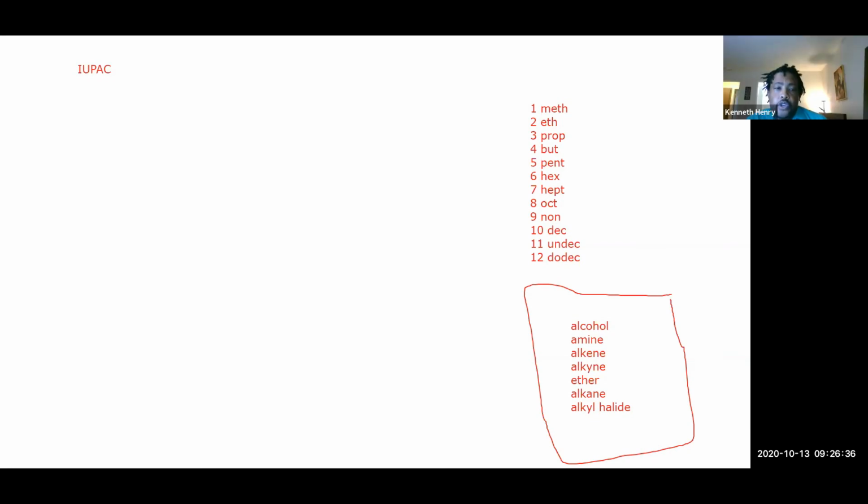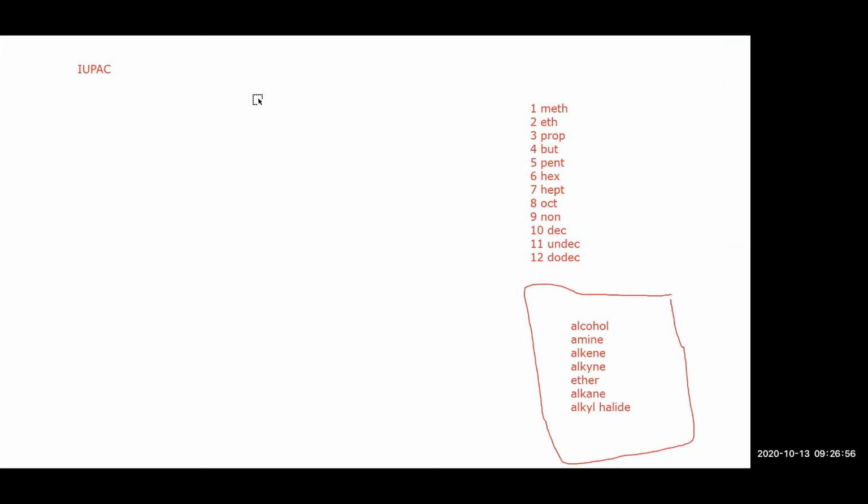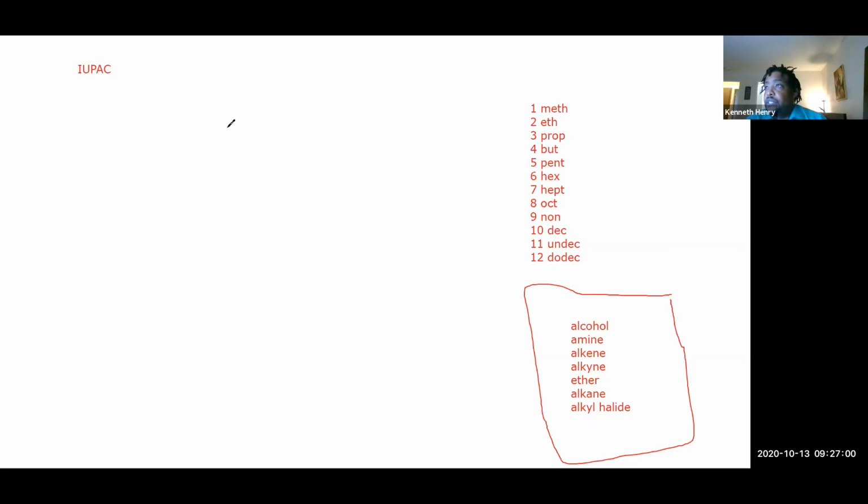Yeah, but once you figure out the drawing, you can go both ways, right? Once you're able to go from the stick figure to figuring out the name, then from the name, you should be able to figure out the stick figure. You should be able to do both at this point. I'm giving you the tool so you're able to recognize what it is, and then after you recognize what it is, you should be able to put it together. Like for instance, let's see, we have